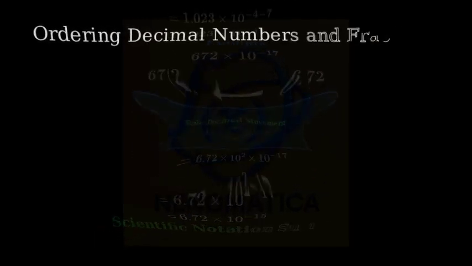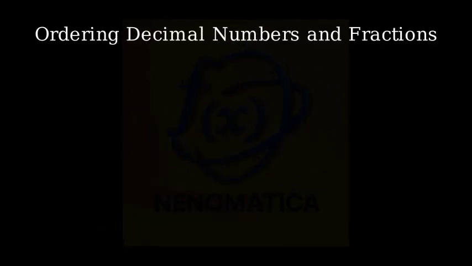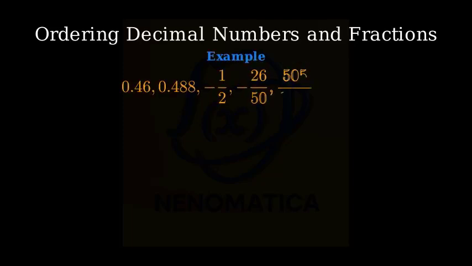Welcome to our math lesson. Today we're going to learn how to arrange decimal numbers and fractions in ascending order, from smallest to largest. Let's look at our example. We need to arrange these numbers from smallest to largest: 0.46, 0.488, negative 1/2, negative 26 over 50, 505 over